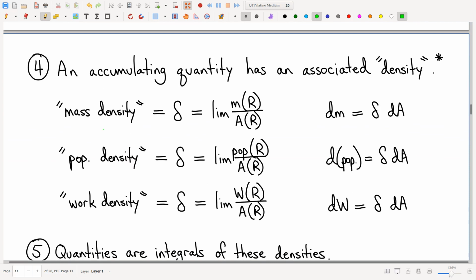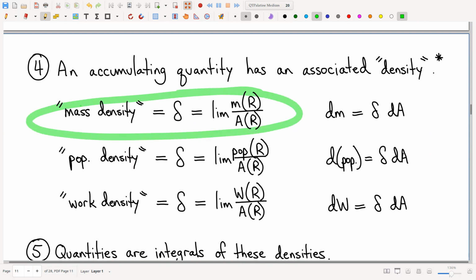And so, a related idea: you can talk about density. For example, here's how we define mass density. It's mass per unit area. Keep in mind, for any given little region, we can talk about how much mass is in that region. We can divide by the area of that region. We can take a limit as this region gets smaller and smaller, and therefore talk about mass per unit area. Old idea, right? Mass per unit area, side note,